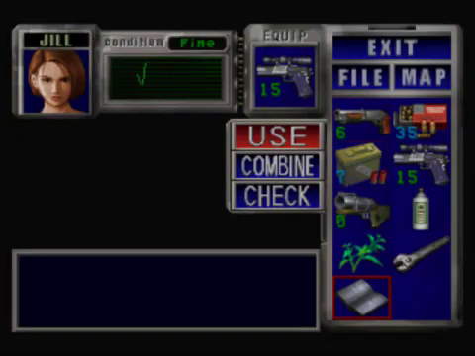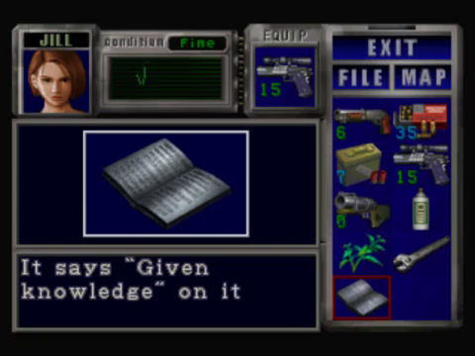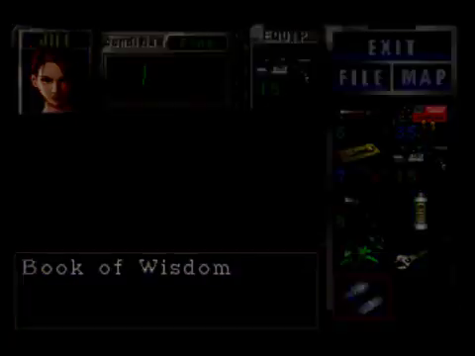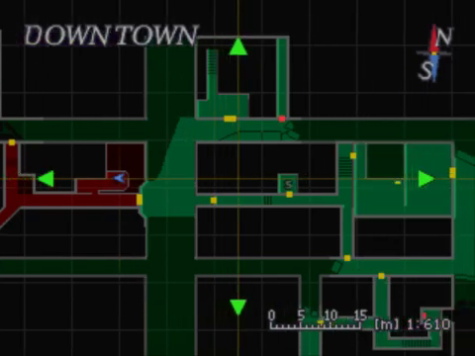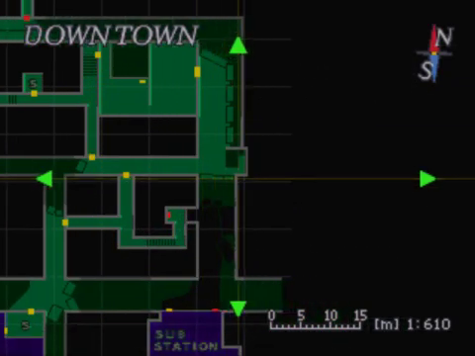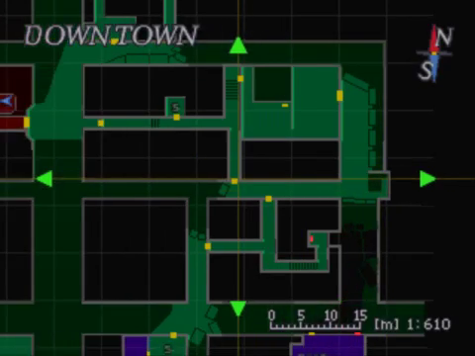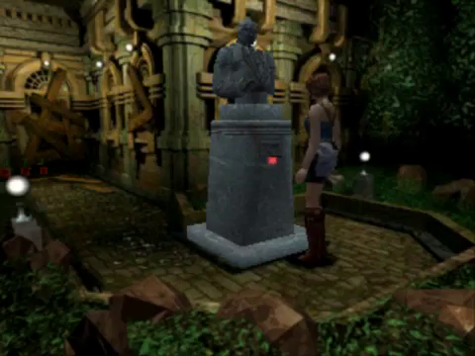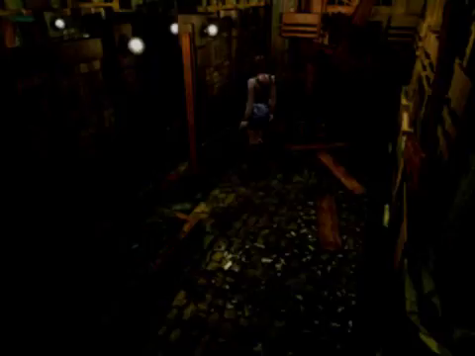A puzzle which we have already seen elsewhere. So by examining the bronze book, we already know that much. It says, given knowledge on it. Book of Wisdom. Now, of course, we'll have to go back to this area over here, where we found the book and the compass. Well, there's where we have to put the book, and